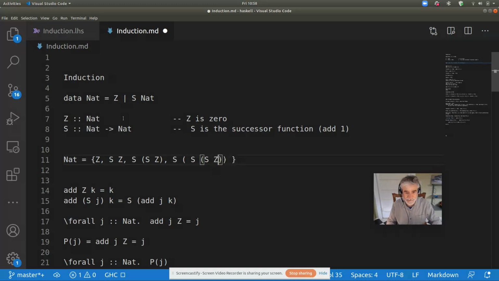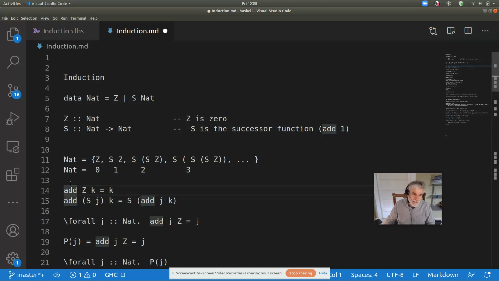And so the way that we're going to interpret this is 0, this is 1, this is 2. Just count how many S's there are. Okay? So if we want to define addition so that it behaves like the addition that we all know and love on NATs,